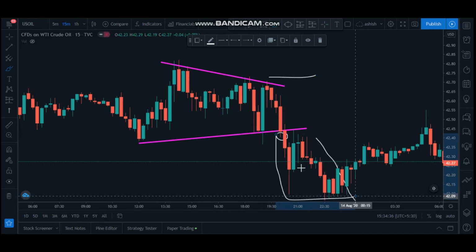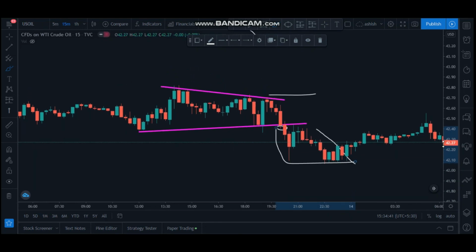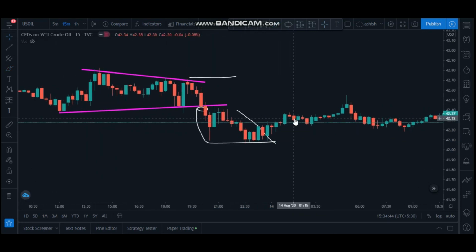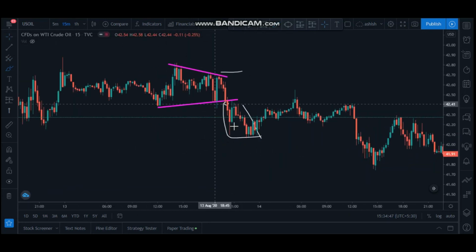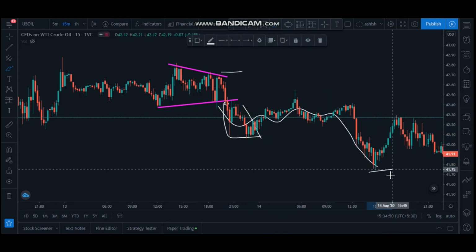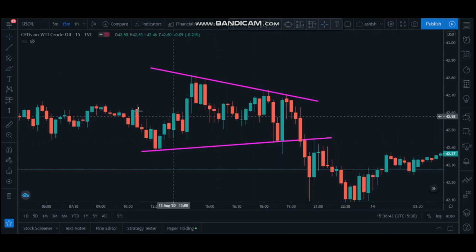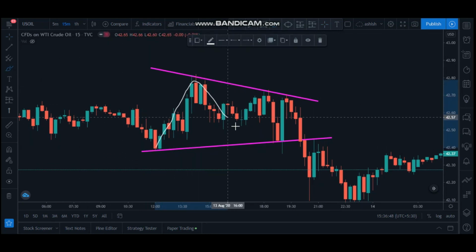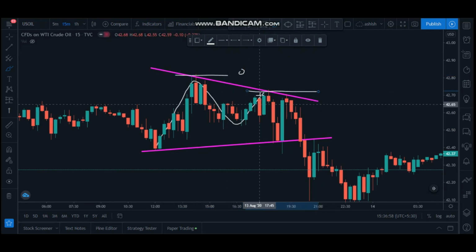Price gave a breakdown at this area, we'll keep our stop loss above here and we'll take the profit. This many points are more than enough for intraday. And if you are doing swing trading, the market still gives us enough target, you can still trade from here till this area. So the descending pattern from a buyer and seller point of view will look like this. Price went up high, came down to this area, and tried again. You can see here, once price came to this area, but the second time it did not cross this high, it only came till this area, went down, again a retest of the trend line, and then it broke downward.